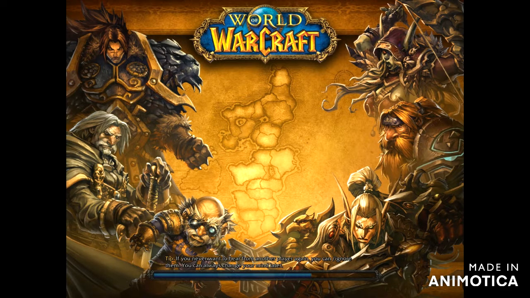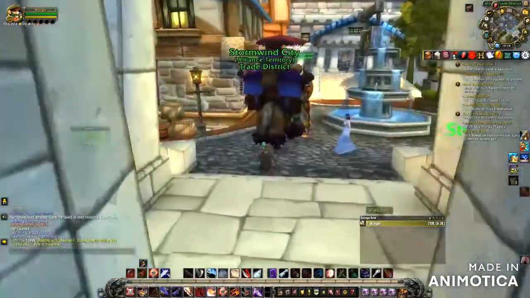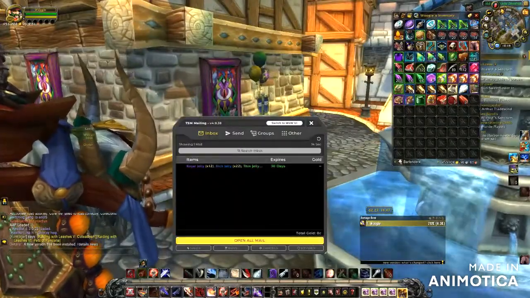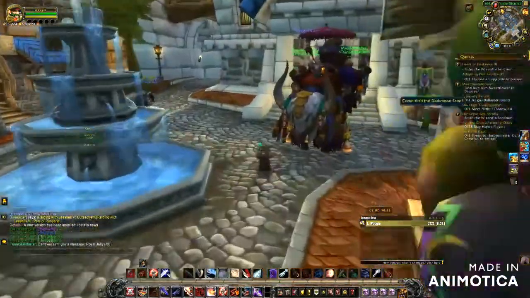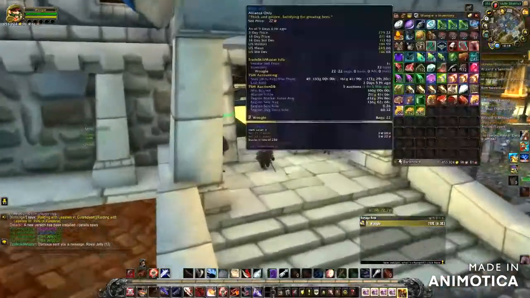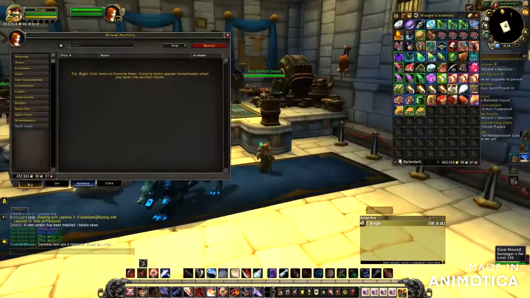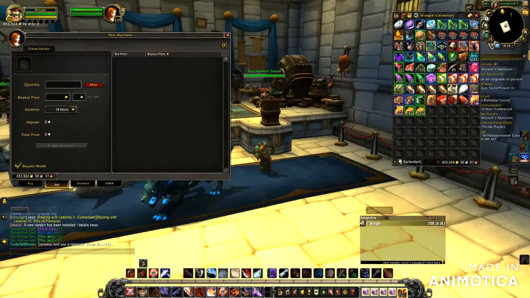Now, as far as auction house goes, I use several different add-ons, so if you don't use add-ons a lot, I would definitely recommend them, especially for automating your auction house procedures. Go over here to the mailbox and get my thin jelly, my royal jelly, and my rich jelly. So I'm going to go over here to the auctioneer, and I always try to see what they're going for in here. So our thin jellies,